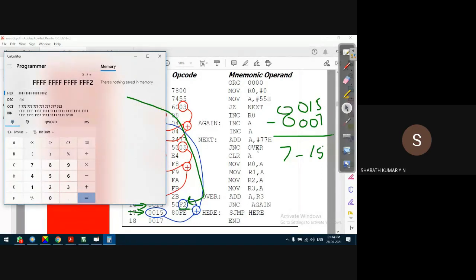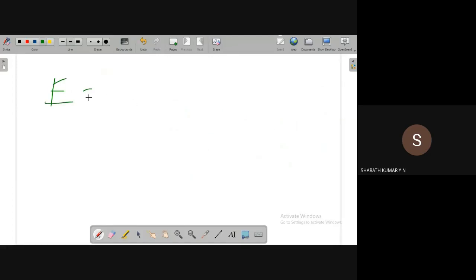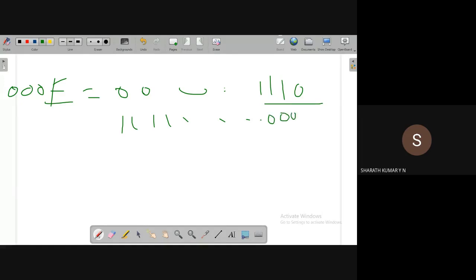What I did was 15 minus 7 is E. In this case, if you take it as E, what does E correspond to? Of course, 0 0 0 E, all zeros, and E corresponds to 1 1 1 0. All these zeros are complemented as 1 1 1 1. This E is complemented as 0 0. Oh, F2, it didn't get F2. No, I made a mistake again. It should be 2.